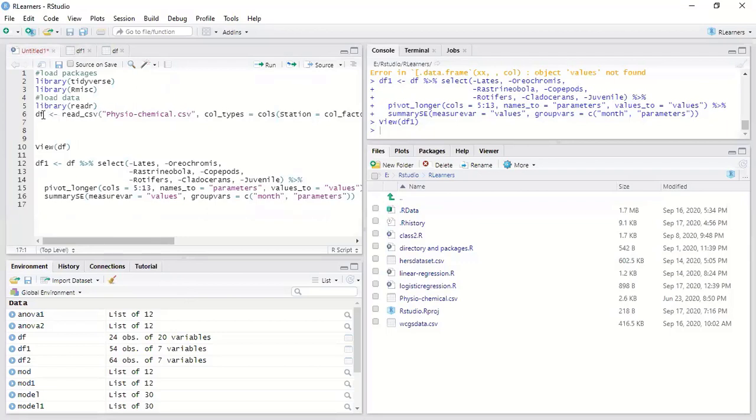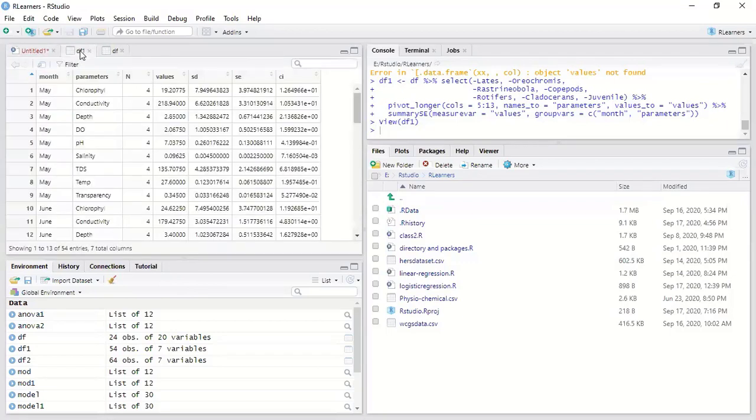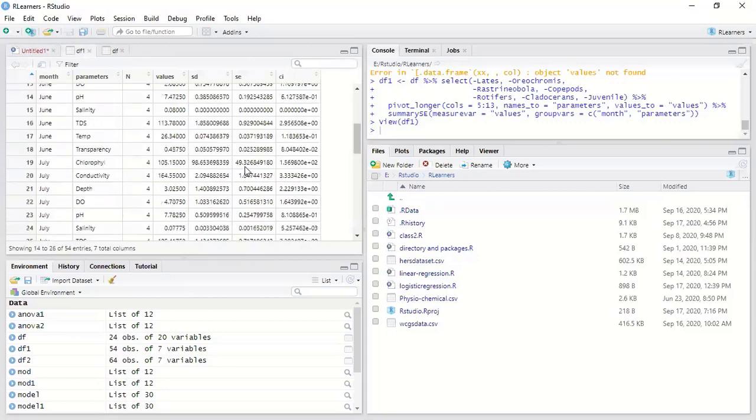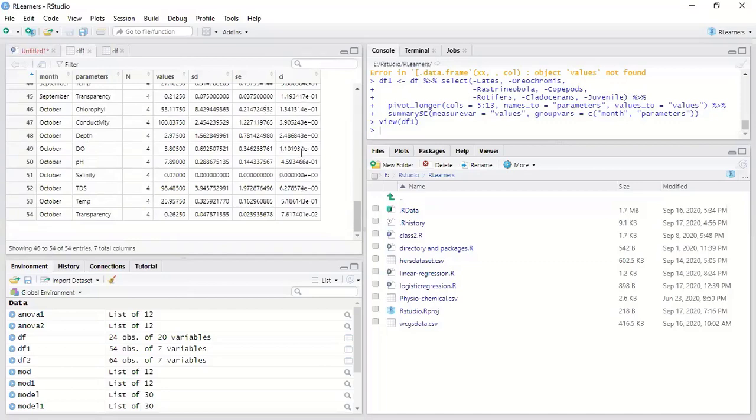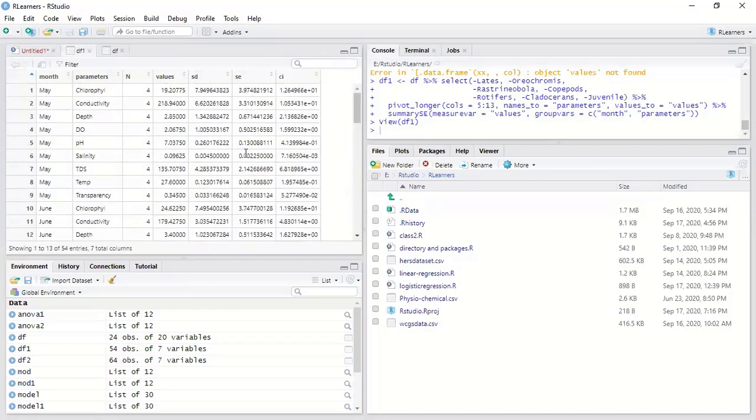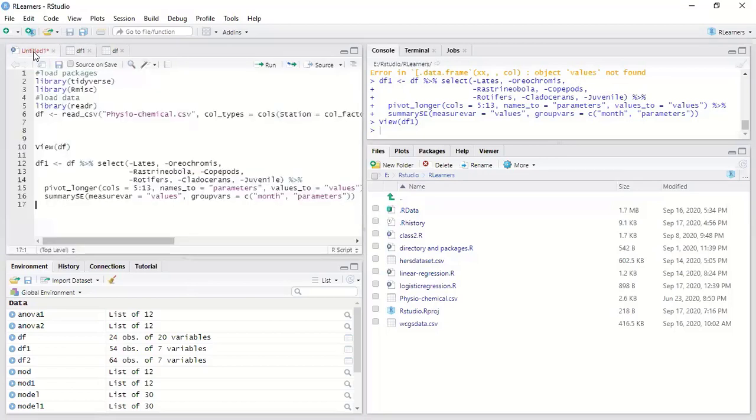Now, I showed you how to read the data into R. As you can see, this data here, we have created a new set of data. Maybe you'd like to have a copy of this data just as it is, so that maybe you can save it or for other purposes or something like that. And to do that, you want to write that data. Say write